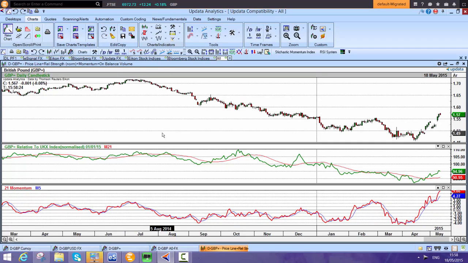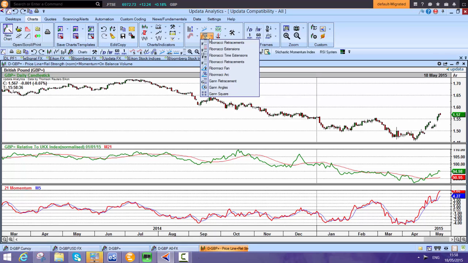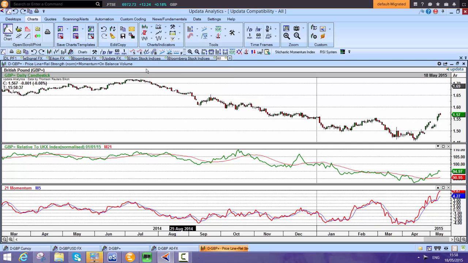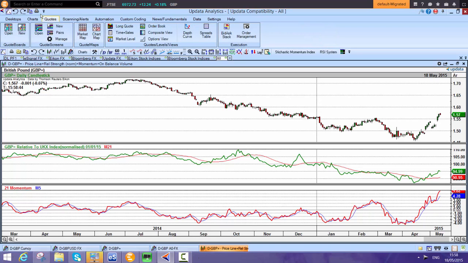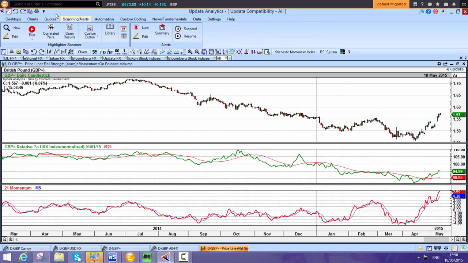So world-class technical analysis is really key, and that's a very powerful aspect of Updater, and all the tools you would expect, point and figure tools, all the sort of Fibonacci retracements, really high-end analytics that you can conduct on your data set. Another reason why people would use Updater is for its scanning capabilities, and you can scan for